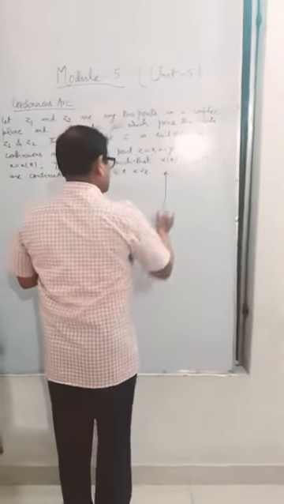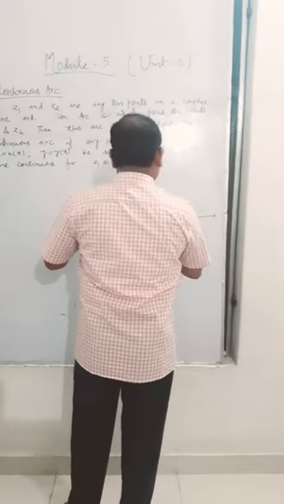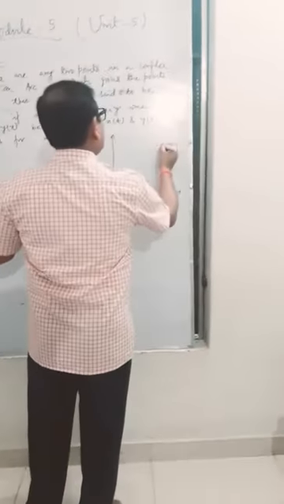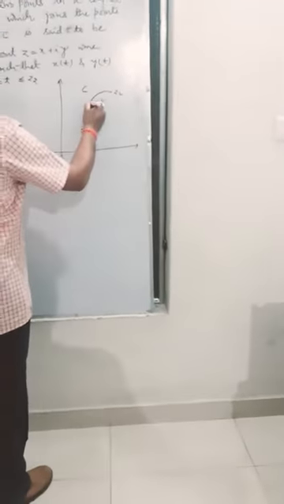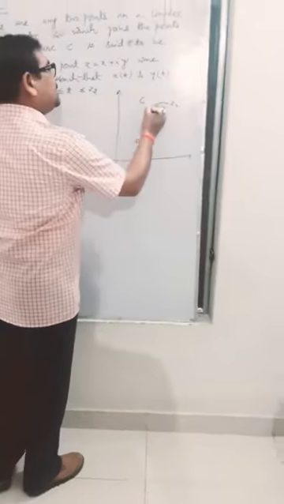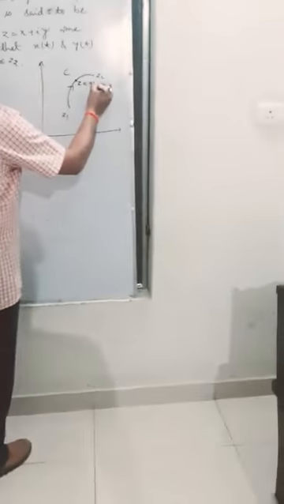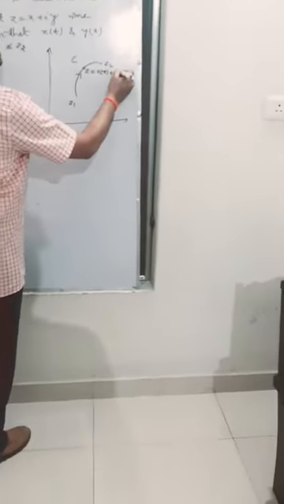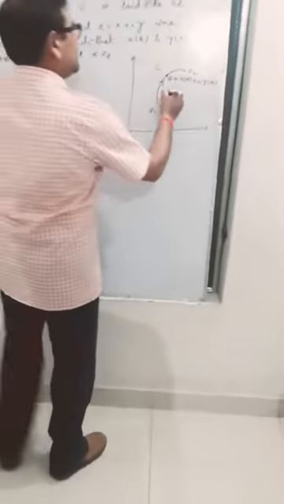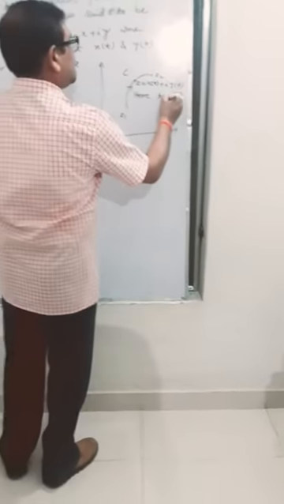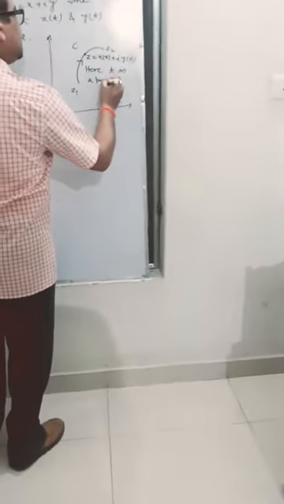We can draw this. Here is a point z1, here is a point z2. Let us join them by an arc C, and we take any point z on it. x is a function of t, plus i times y is a function of t, and t is a parameter. So we can write here t is a parameter, and we can treat t as a real variable.